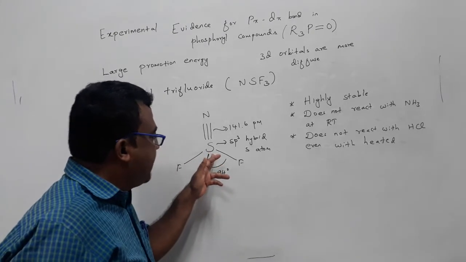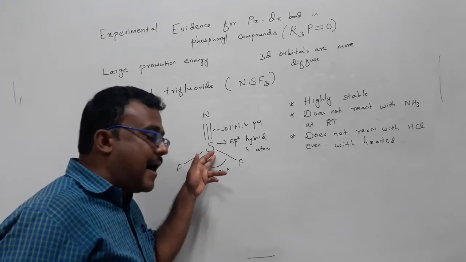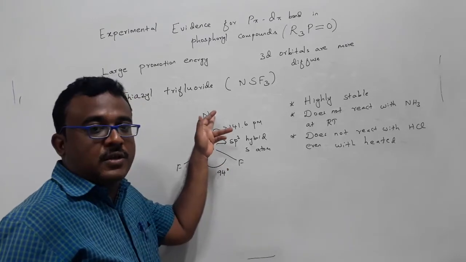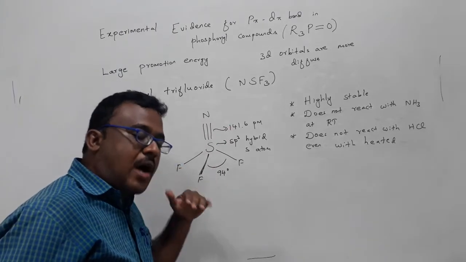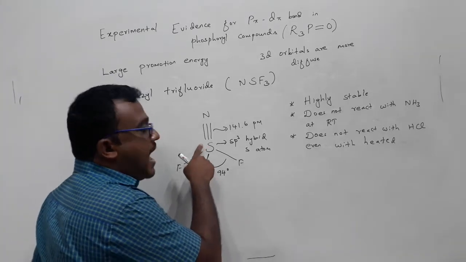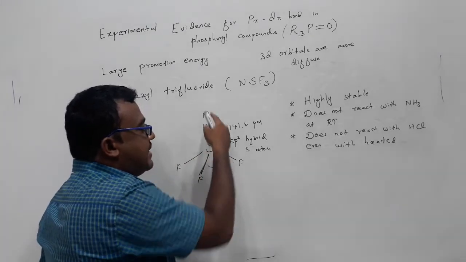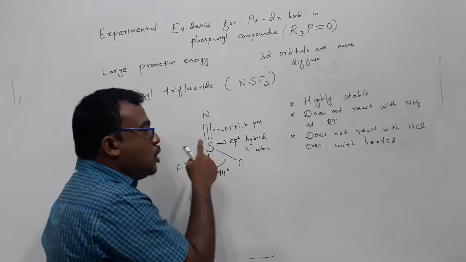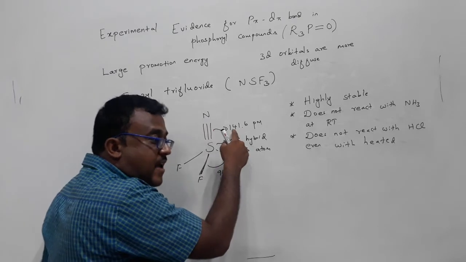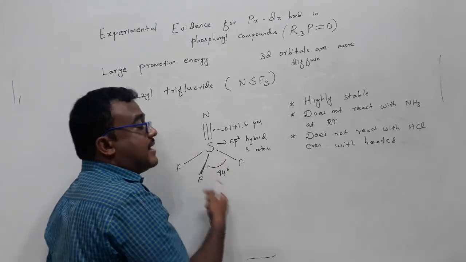Why? Because sulfur already has the highest oxidation state, already carrying more positive charge. Then how can sulfur provide electron density to nitrogen? It's almost negligible; there is almost no possibility of dative bonds. So the only option is that the sulfur atom involves a 2p pi d pi bond with nitrogen to form 2 pi bonds. That's why it has a very short sulfur nitrogen bond length, and that's why it attains more stability.